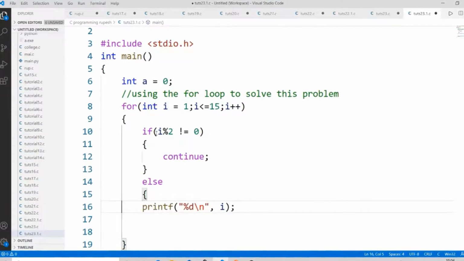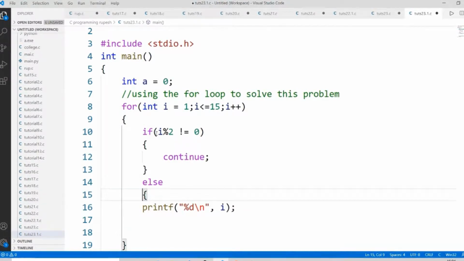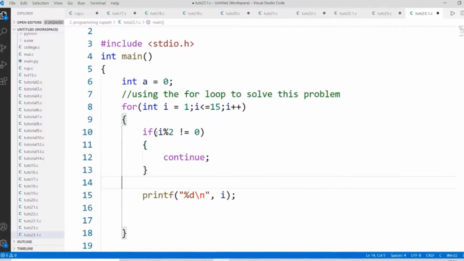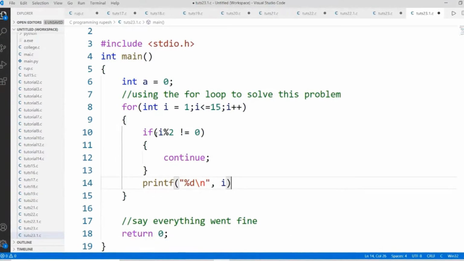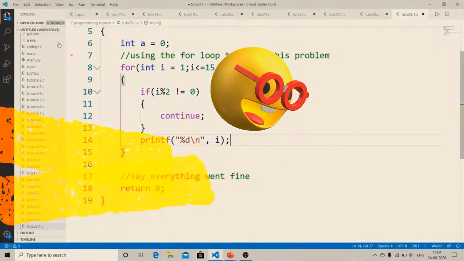You can have an individual if part also. So that means the code will become simply this. Okay, and finally we have written return 0.